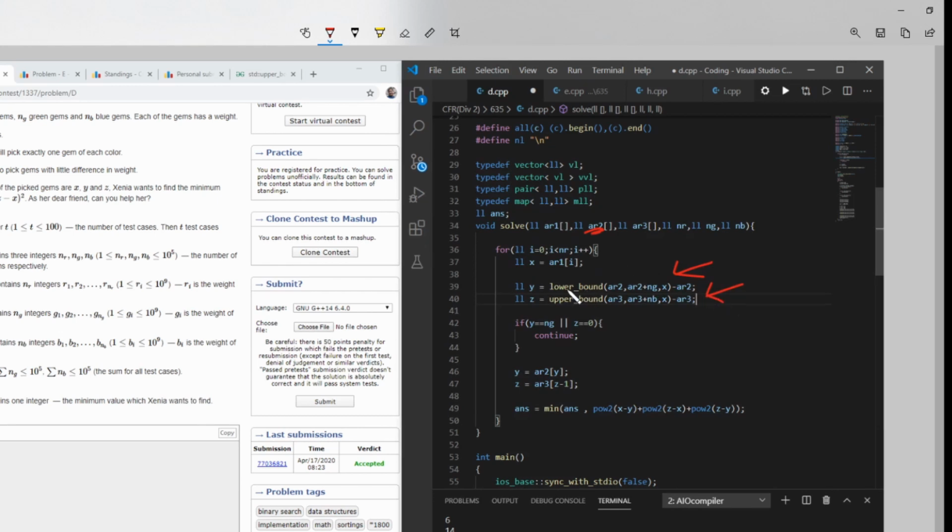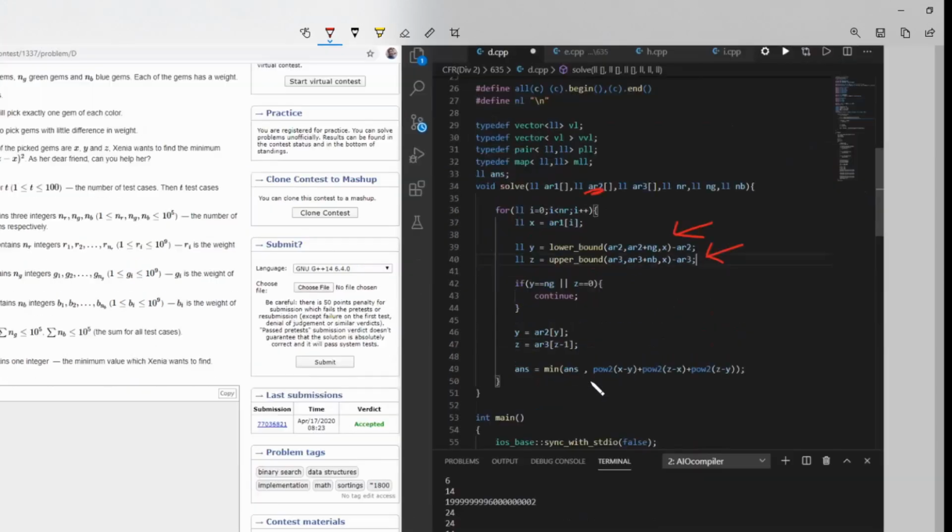If lower bound is equal to ng, which is never possible, but if it is, then it is not possible, so we will continue and we will not find our answer. And if the upper bound is 0, which is also never possible, so I will do this.